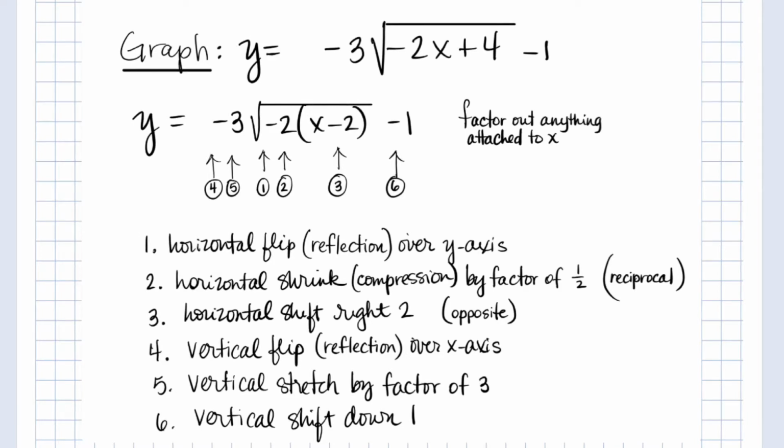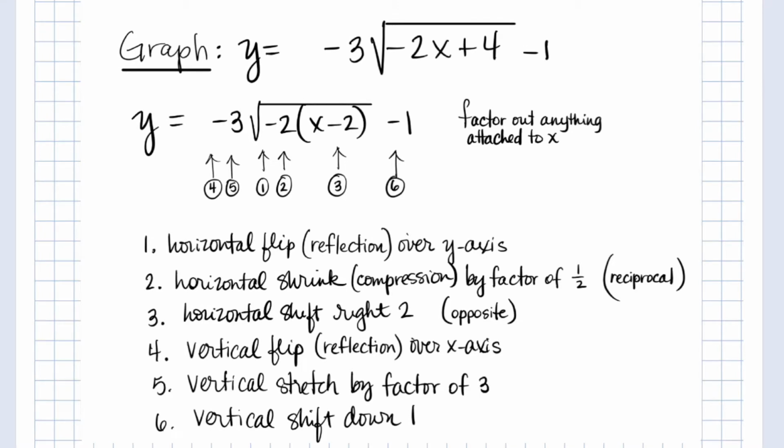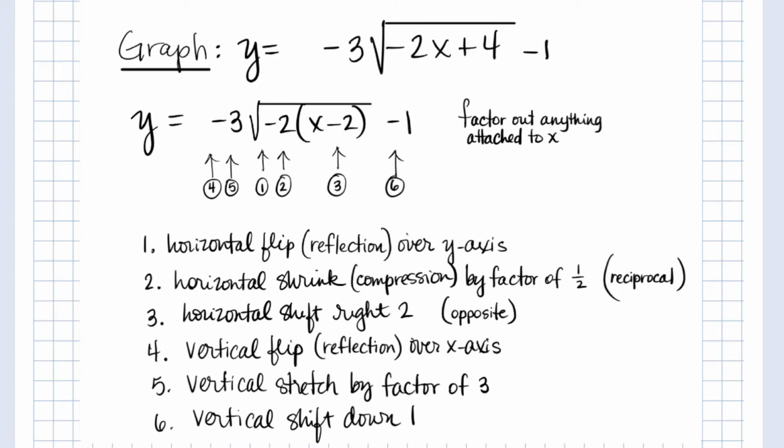Then we go through the 6 steps in this order. It's basically inside the function left to right and then outside the function left to right. So step 1 would be the negative sign that's inside the function, and that is a horizontal flip or reflection over the y-axis. Anything on the inside of the function is horizontal movement, and anything on the outside of the function is vertical movement. So number 2 would be the number 2, which is a horizontal shrink,